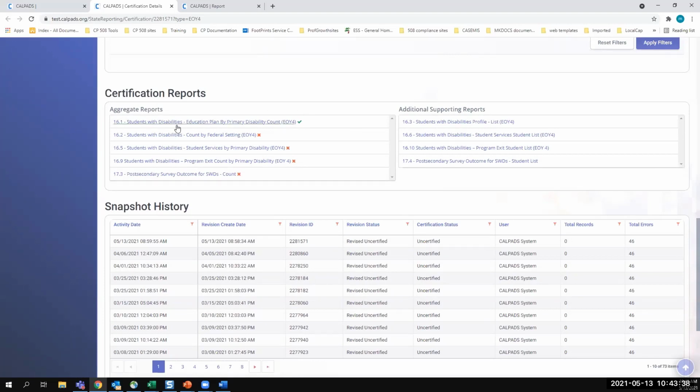And then of course you have your certification reports section. These are the reports you need to review. You have here five aggregate reports. These are the aggregate reports that you need to review before CalPADS will allow you to click on the LEA approve button, assuming you don't have any certification errors. And you don't just review this without reviewing the supporting reports. So in any case, you review all reports. And once you've ascertained that the data on those reports are correct, the counts and the students listed are all accurate, then by all means,